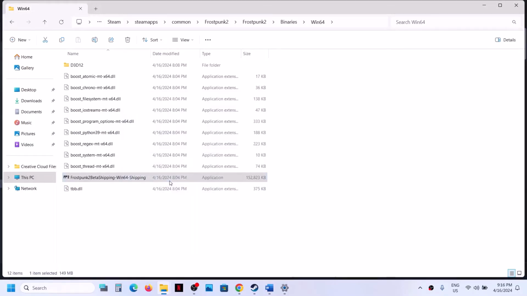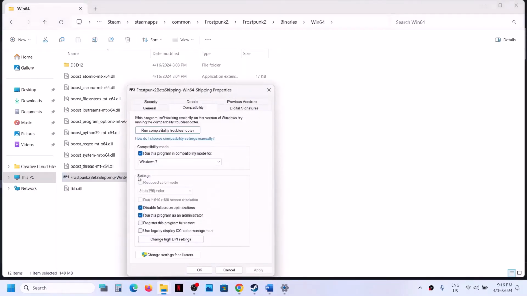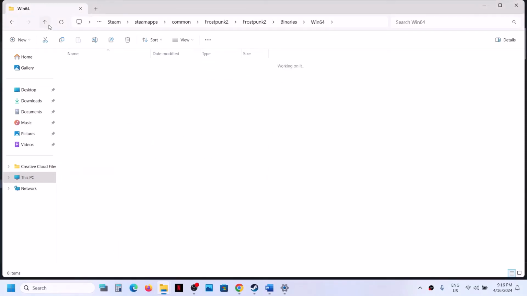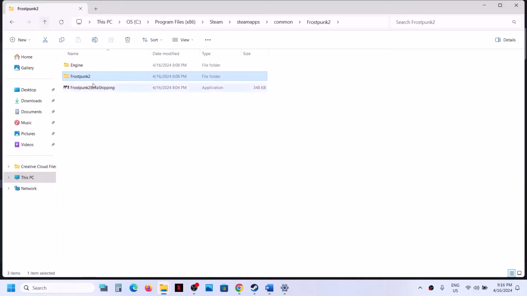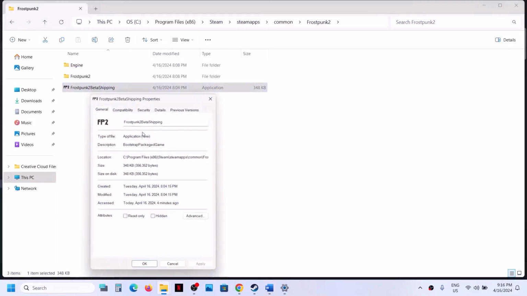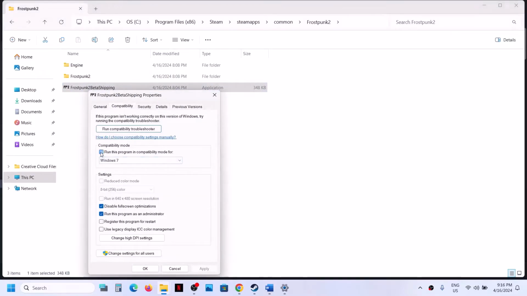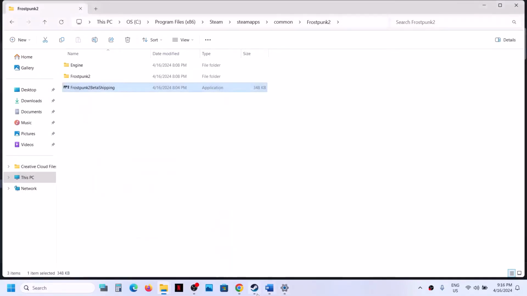Still not working. So when you put a check on all these boxes, if it's not working, you can uncheck all these boxes, hit apply, click on OK, go back and do the same thing with the first exe file, make a right click, select properties and uncheck all these boxes and follow the next step. Now the next step is to